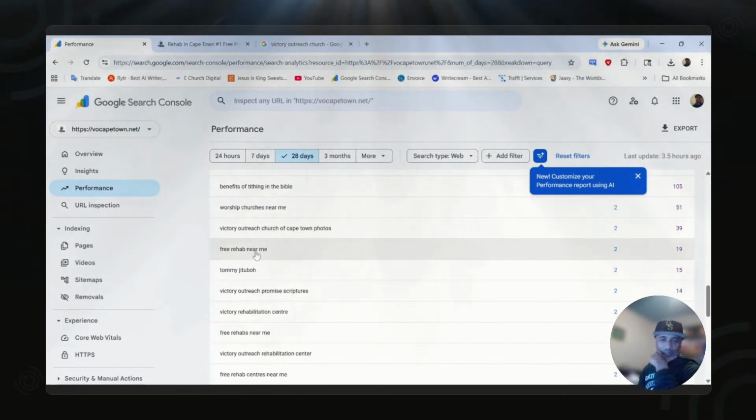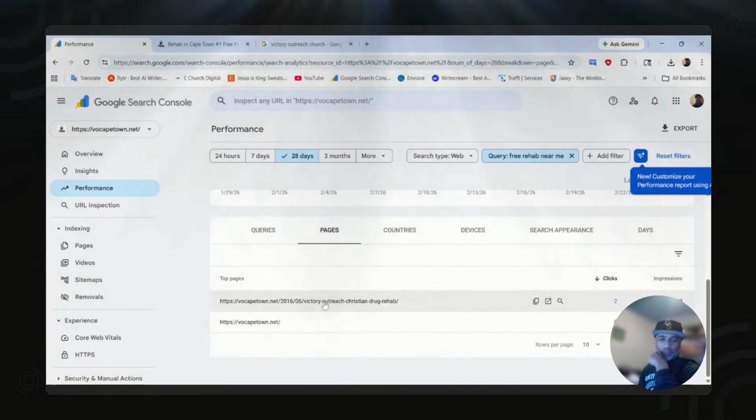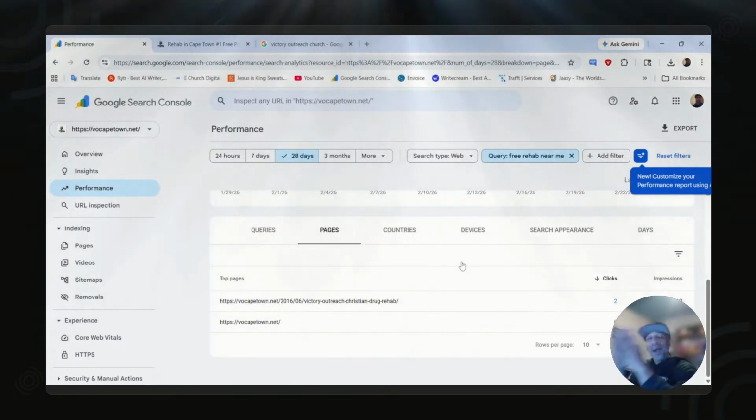Look at that, free rehab near me. What's causing that to rank in Google? If I click on it and go to pages, it'll show me right here. This page is causing that keyword to rank in Google. We've got 19 impressions and 2 clicks just for that keyword, free rehab near me. So that's the power of having a website for your church.